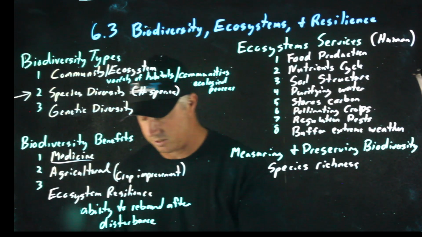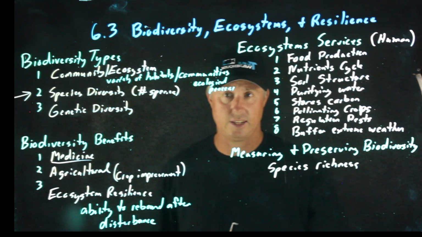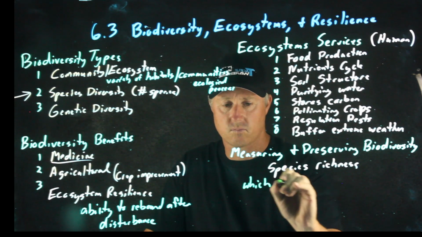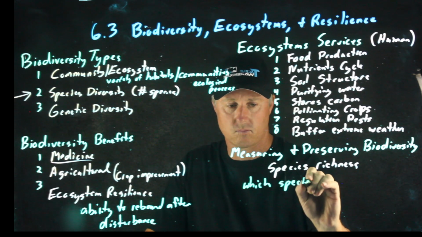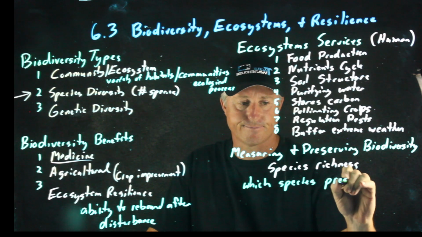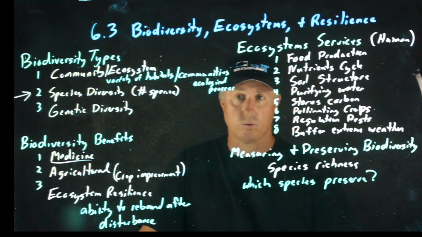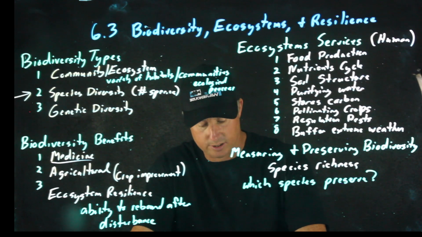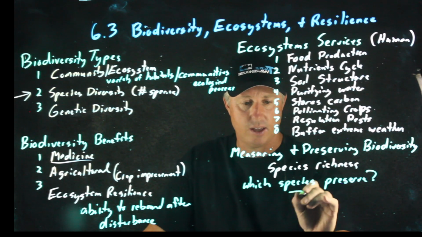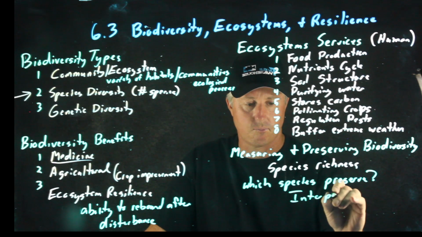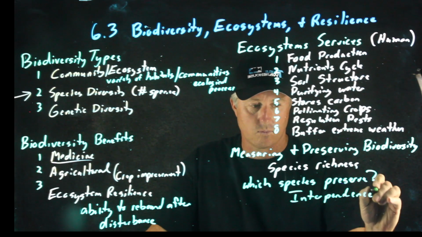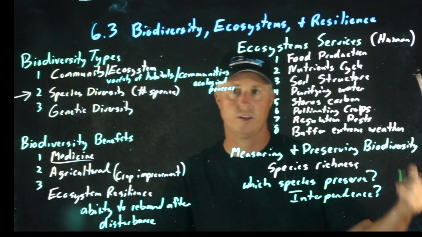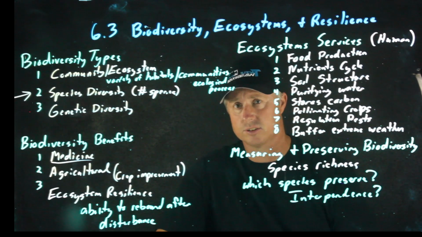This leads to questions. If you're looking at sustaining it, which species do you preserve? Which one's important? Which one should we limit the killing of or the destruction of? And how are they interdependent? If I destroy a creature because we want to eat it, does that destroy others? Is it like a keystone feature? Is it a partial keystone?